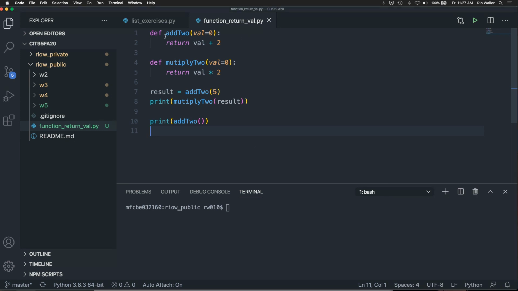All right, so what do I have here? I have two functions, right? The add 2 and multiply 2. Oh, that's not right, I've got to spell that correctly, but you get the idea. It's funny, you write something, you look at it later, and you realize, oh, I could have done that better. So what I'm doing here is setting a default value in my first function.